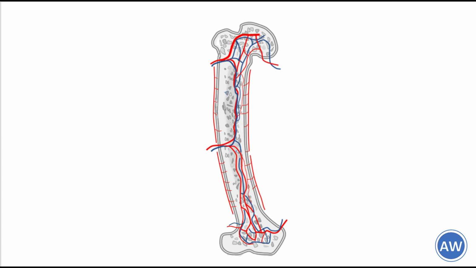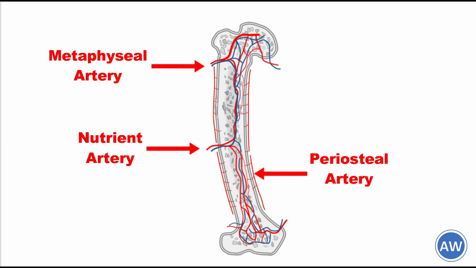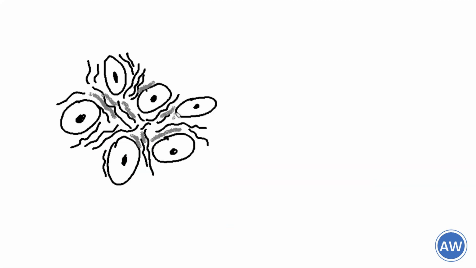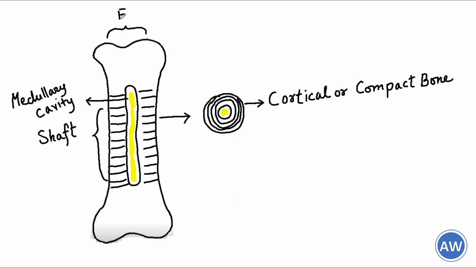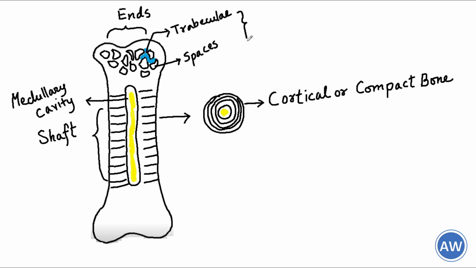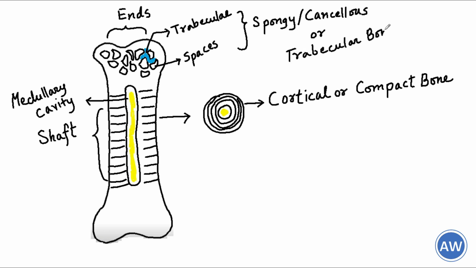As already discussed in your previous episodes, the bone is a form of specialized connective tissue which is highly vascular and consists of osteocytes, collagen fibers, and a mineralized ground substance. While describing the structure of a long bone, we saw that the cortical and the cancellous parts were present towards the shaft and the ends, respectively. Now let us move a step further and see the histology or the microstructure of these two parts.